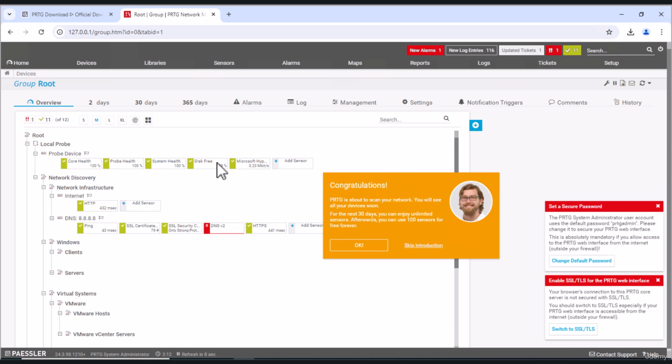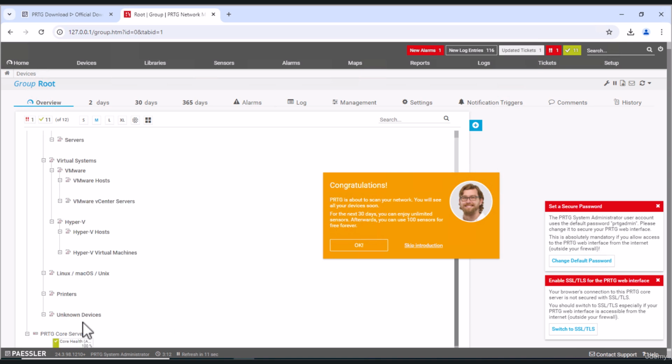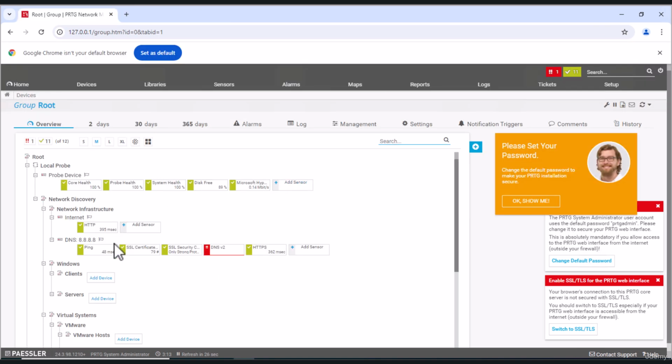So this is pretty much just like a default kind of configuration. It's currently monitoring the probe device, which is the device we have PRTG installed on. It's checking that we have internet from this monitor. It's checking that we have DNS, as well as checking the core server is running. So now that we've gotten rid of those, we're going to navigate over here,